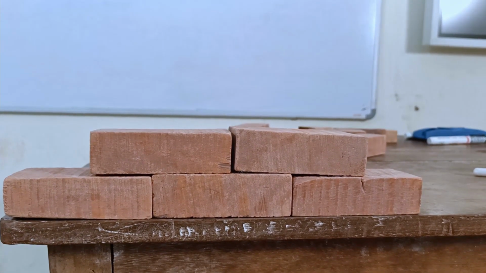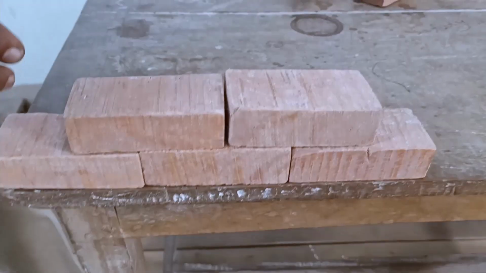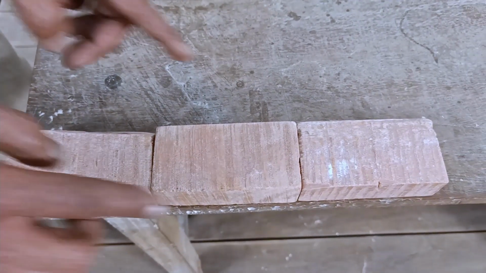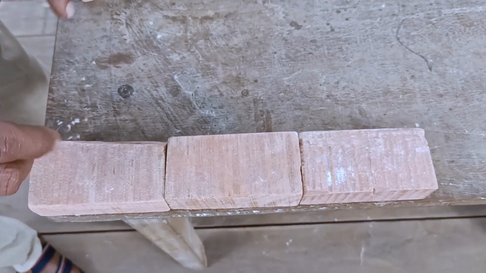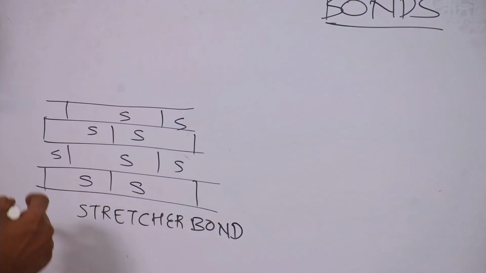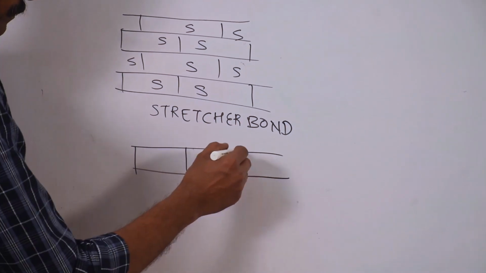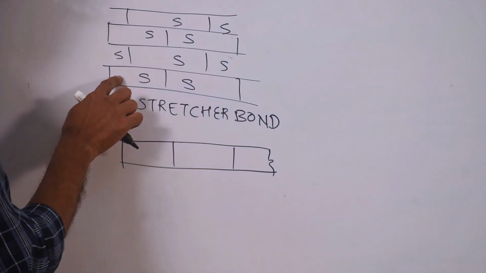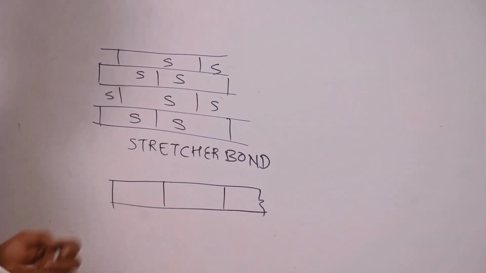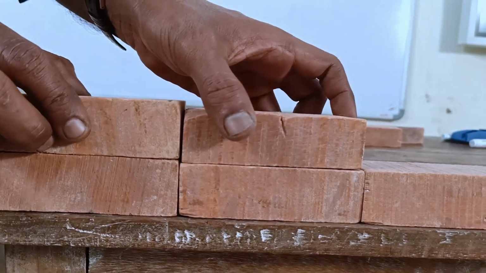If you want to draw the top view, how will it be? If you look from the top, how will it be? I am removing the second layer. Now there is only one layer, the first layer. If you draw the top view of the first layer, it looks like this. It continues. This is the first layer, second layer, third layer and fourth layer. This is the first style of arrangement, stretcher bond. Now this is also stretcher bond.